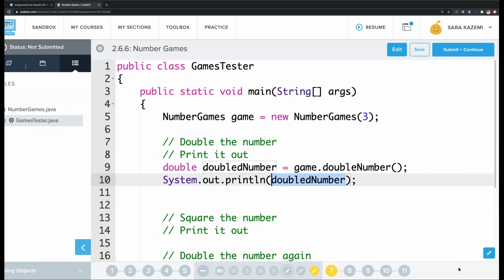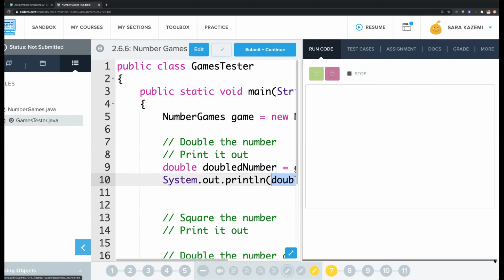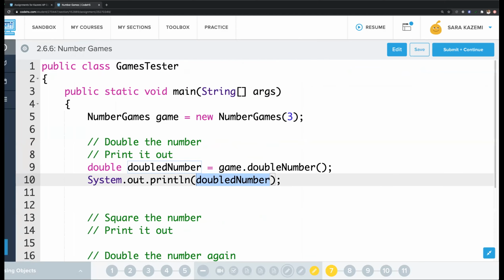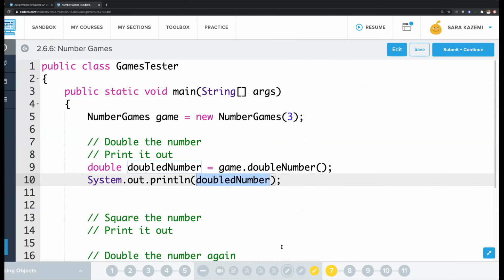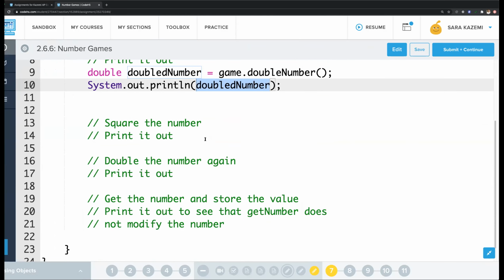So let's go ahead and run that. So, oh, I'm sorry, double, so it should be 6, right? And it'll be 6.0 because it's a double type, not an int type. So there's going to be a decimal point number. Okay, so now